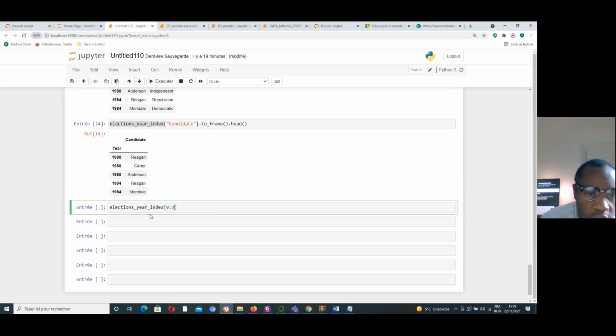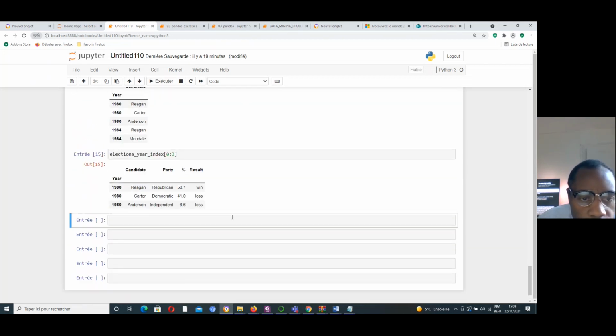Do you know how this function will work? You know, here we print the three first lines. But we have here a candidate, party, percentage, and result. And here we print with this function the three first lines.